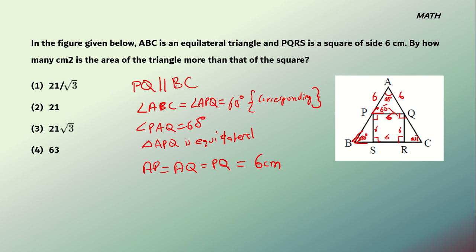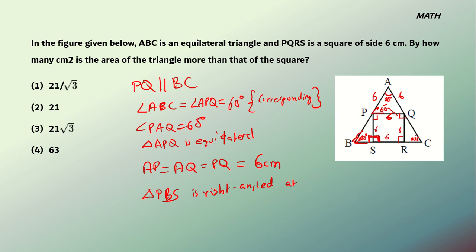Now we have to find PB, and from that we can get the area of the triangle. Now in PB, we have to consider the triangle PBS. Now we know that angle S in PBS is 90 degrees because it is a linear pair with the other angle PSR of the square, which is 90 degrees. So PBS is right angled